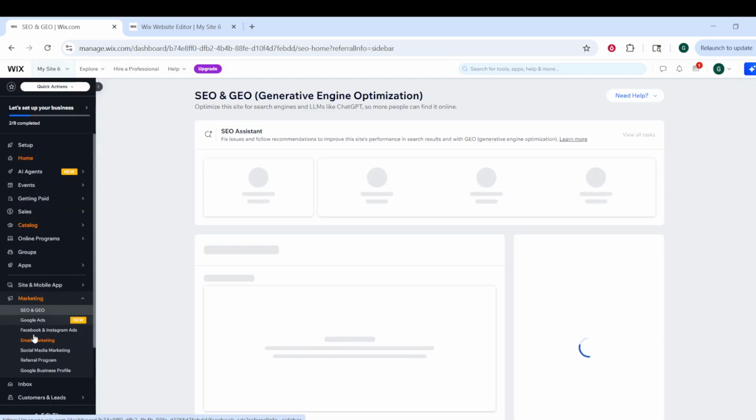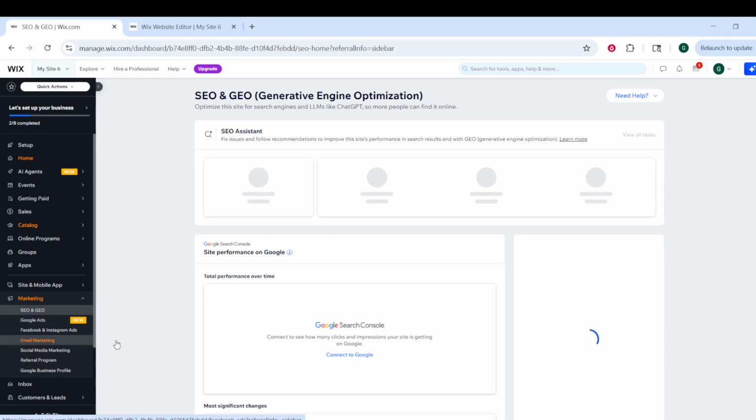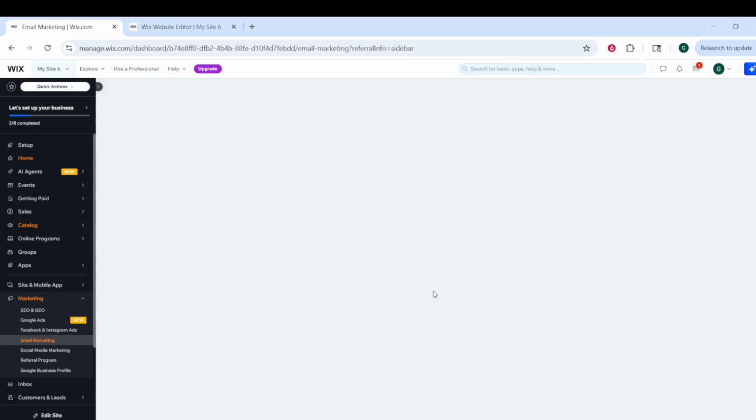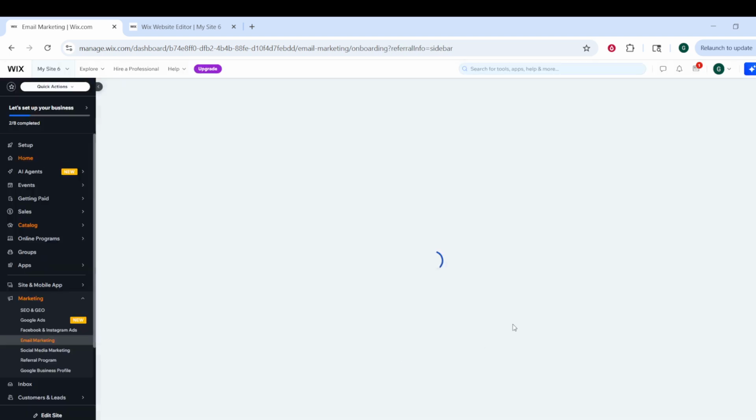After that, click Create Email. This will open the email creation area where you can begin building your campaign. Wix gives you a couple of options here. You can select a ready-made template if you want a faster starting point, or you can use the AI email builder if you want help generating a layout and content structure. Either option works well, so choose the one that best fits your workflow and the kind of message you want